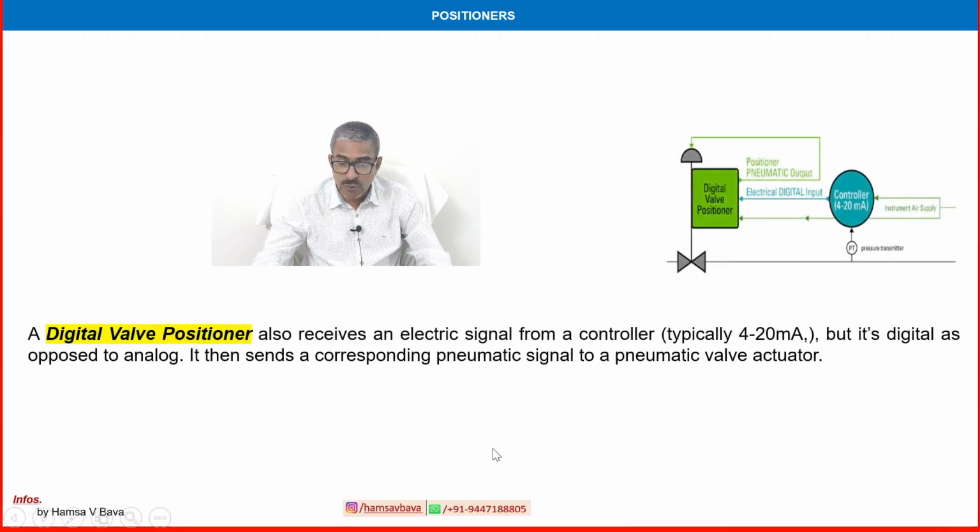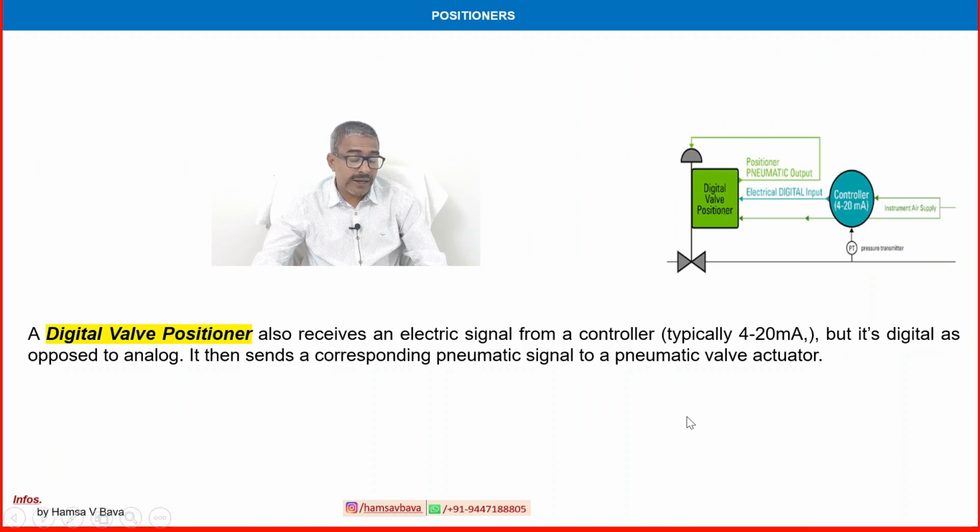Another type is the most modern one, the digital valve positioner. It also receives an electrical signal, typically 4 to 20 milliamps, but it is digital as opposed to analog. It sends a corresponding pneumatic signal to the pneumatic valve actuator. In a pneumatic controller, there is no need for an I2P